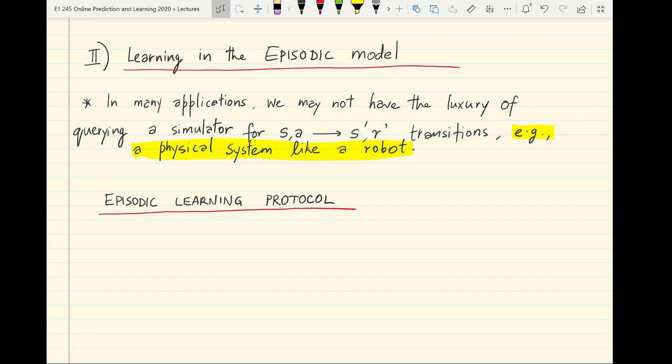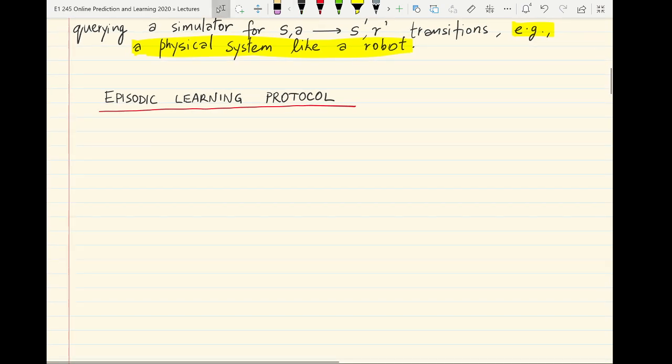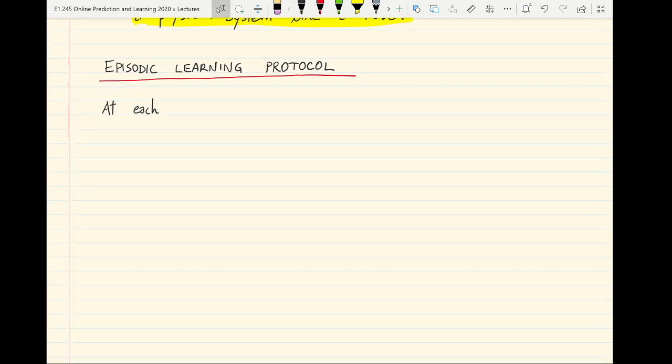And so, what is this episodic learning protocol? Well, it is the following. So, the goal is as usual to solve a finite horizon MDP or to find its optimal policy. So, at each episode, so there are learning epochs called episodes within this episodic learning protocol. At each episode indexed by, let us say, k,